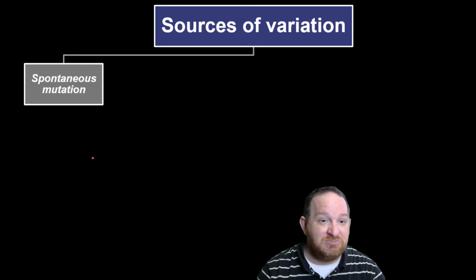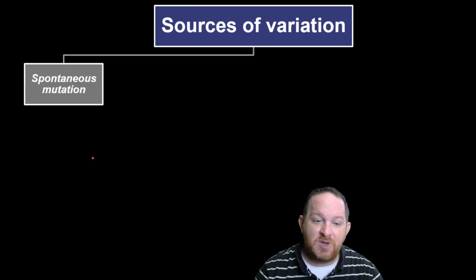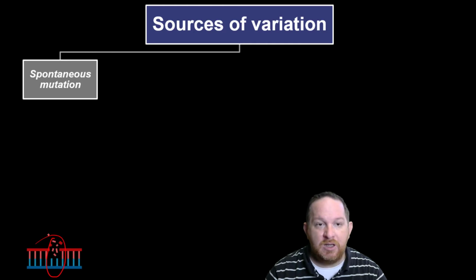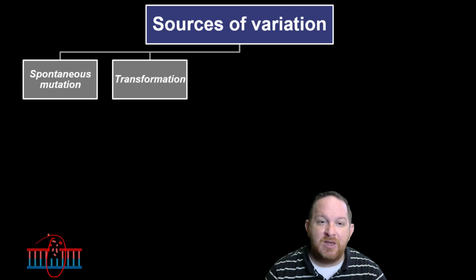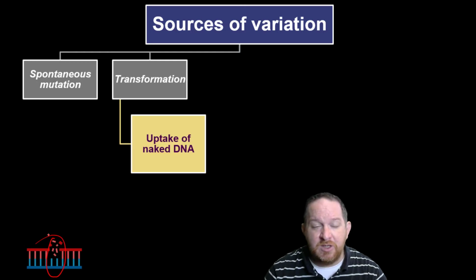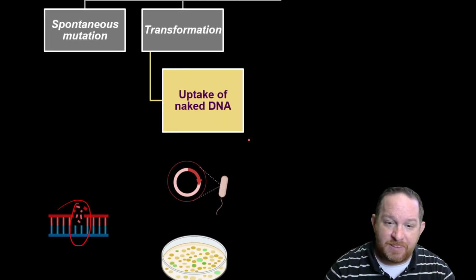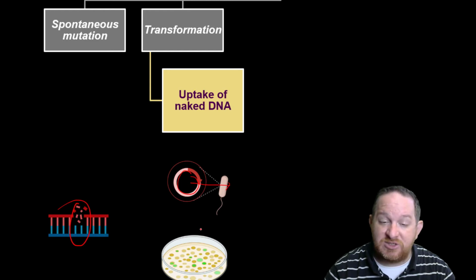So in this next slide, I want to talk about some more deeper sources of this variation. We just mentioned spontaneous mutation, right? Just DNA, because of the copies, so many copies being made, there's a big error rate. And then I just mentioned this idea of transformation, when a bacteria will take up a small plasmid, a circular piece of DNA, and then transcribe and translate it.